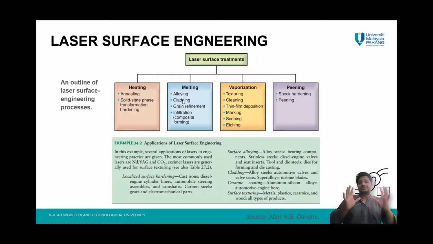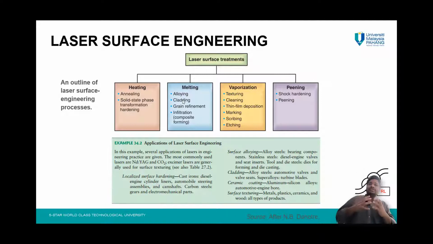So there are different types of coating techniques and coating treatments which can be done with the help of lasers. The reason why lasers are used is because they can move very quickly, within seconds, and cover a great amount of distance. You can control the heat, the distance, and different parameters to create a very nice coating system.